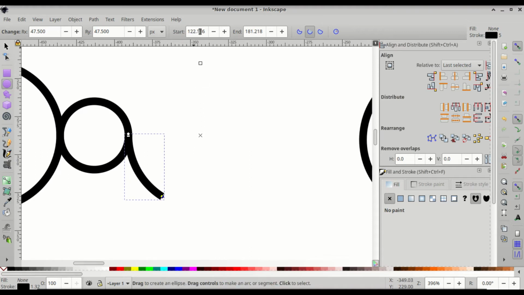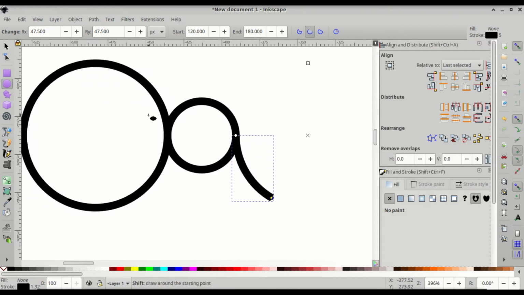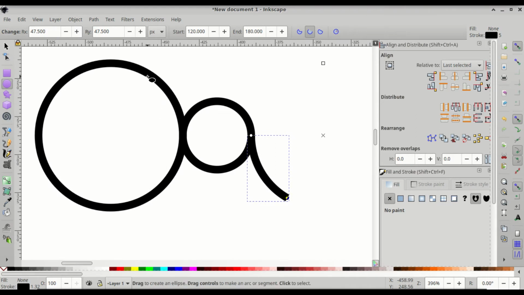And then let's come up to the circle settings, and where it says start, we want to change that to 120, and where it says end, let's change that to 180. Press enter and make sure that the setting is on. Switch to arc on closed shape, and then let's shift and scroll right, click on this circle, and we want